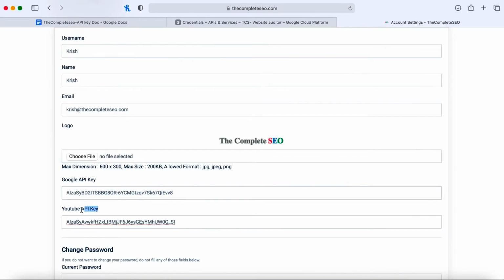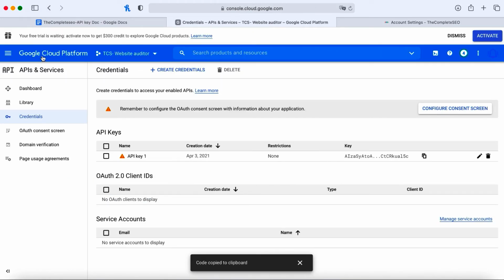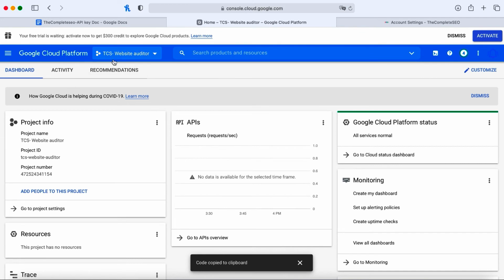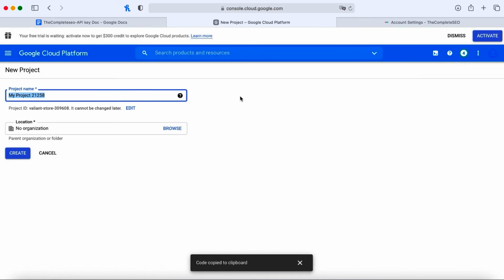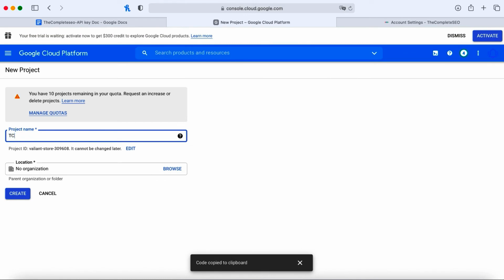Then the second step, we need to create the YouTube API key. In order to create it, you need to create a new project. Click here, then create new project. You can use whatever name you want.